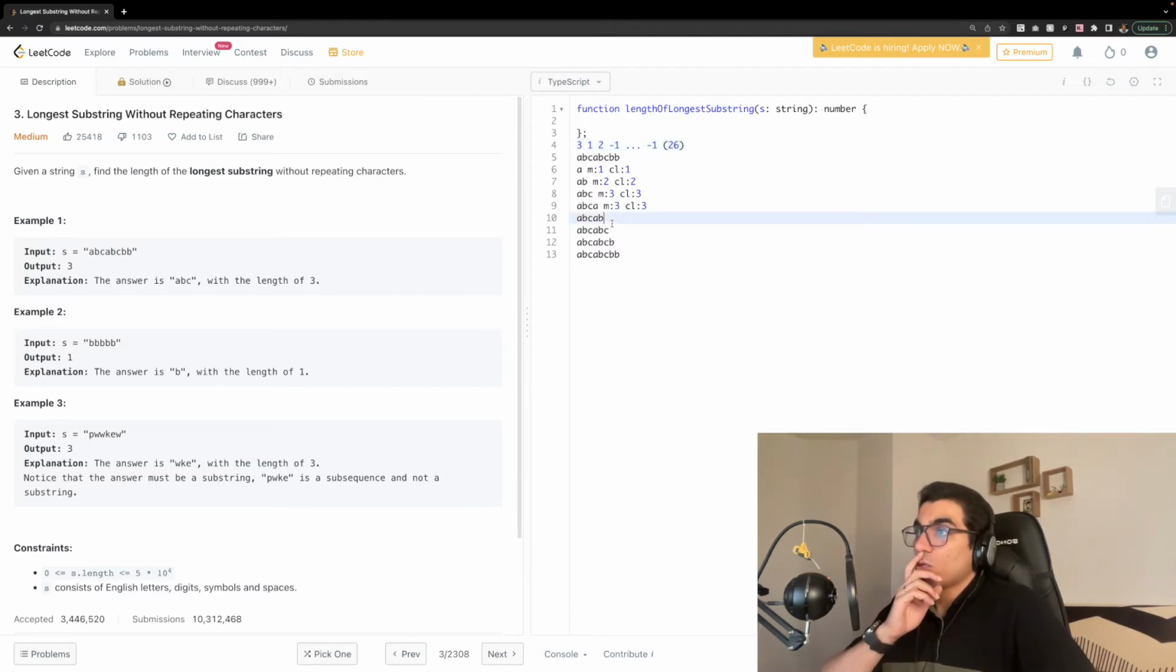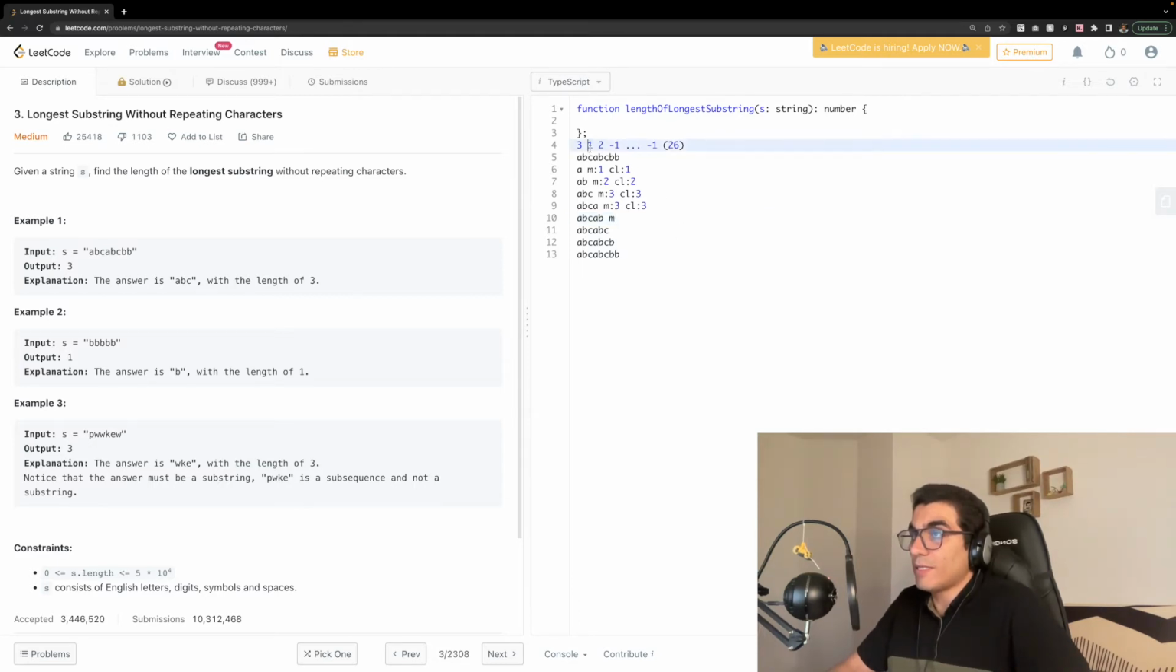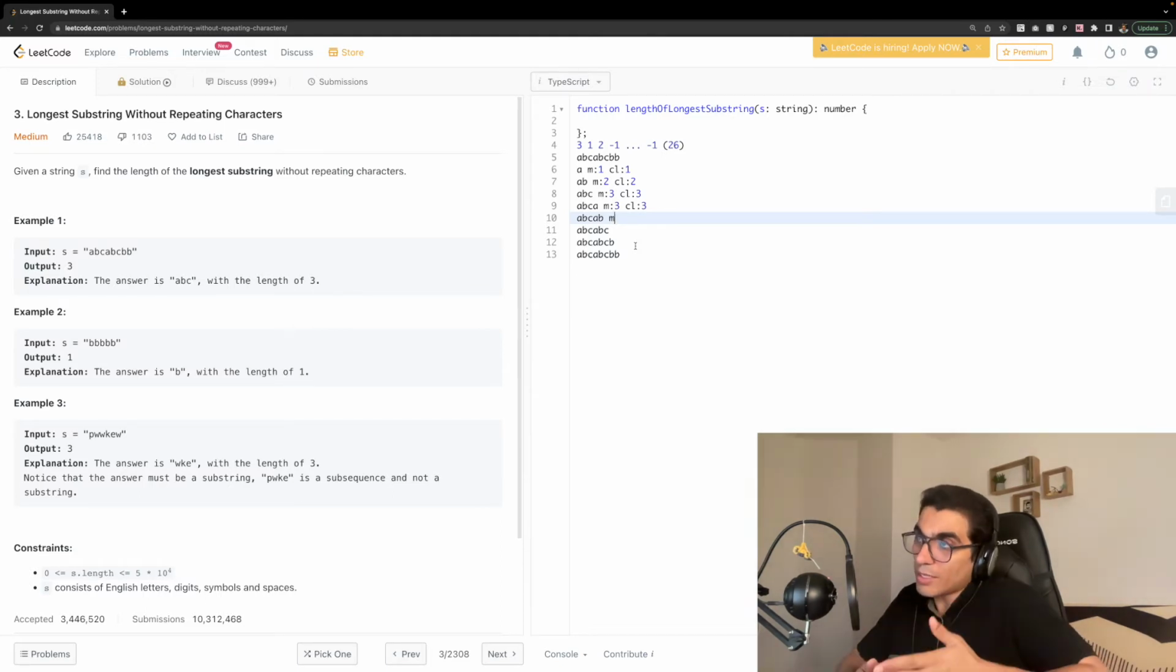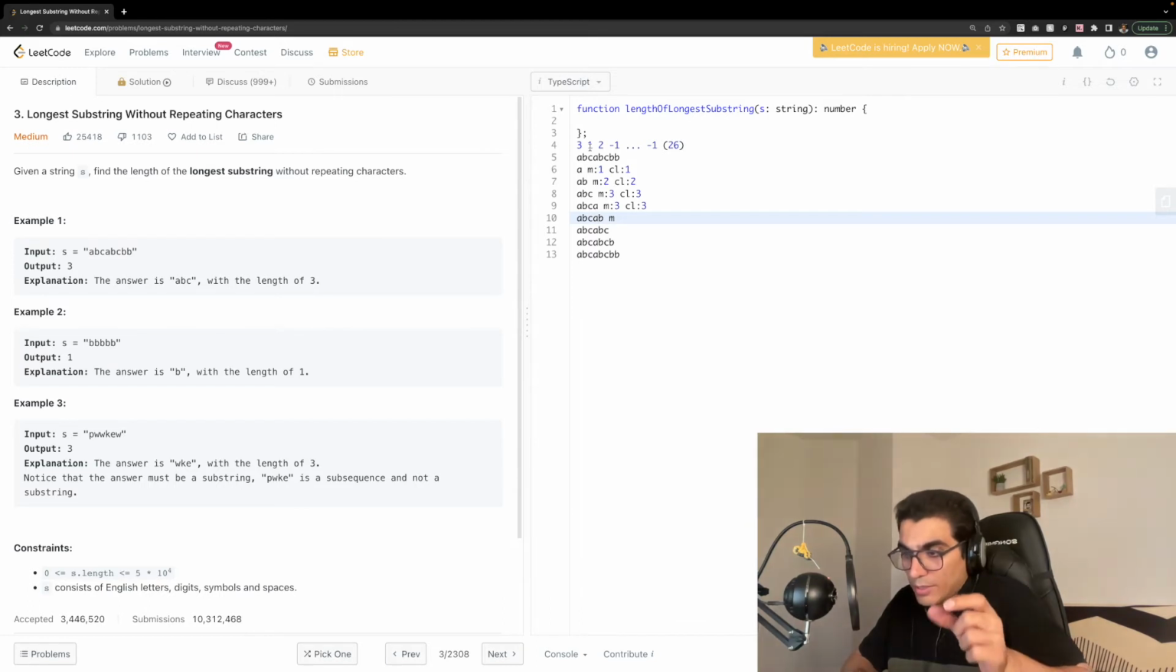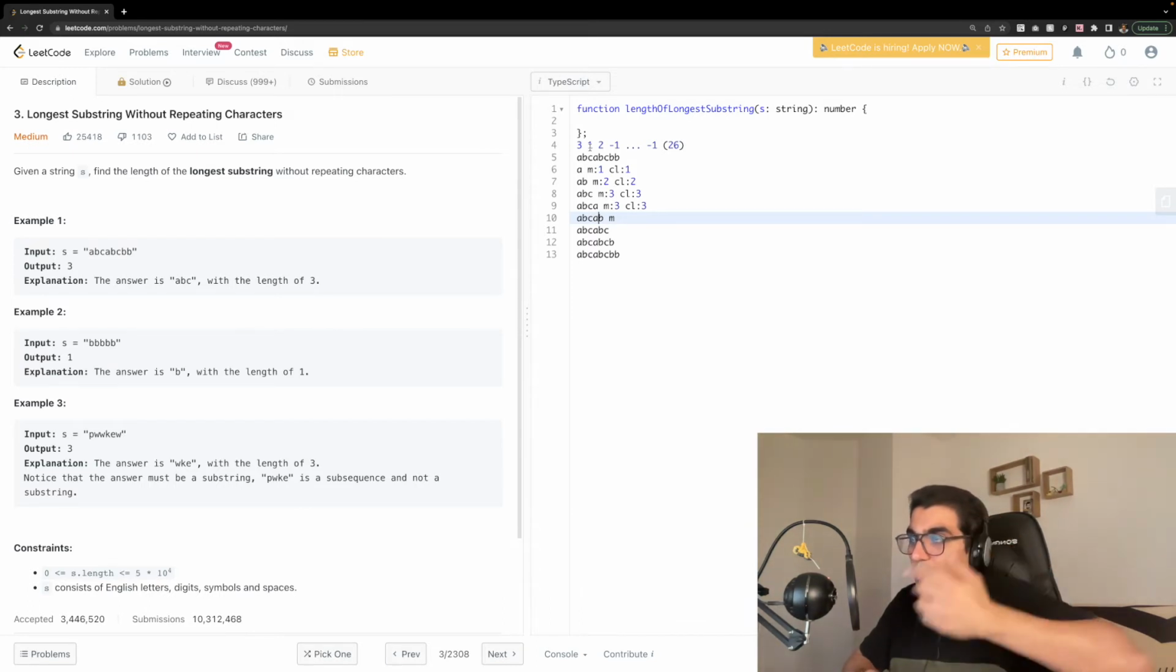Okay, so when the new b comes, it sees that it has seen the last b at 1, so it doesn't extend the new length, and the current length is chopped by the difference between here and here. This is the current streak that we are having. We are omitting the last time we are seeing it. So the maximum is still 3,